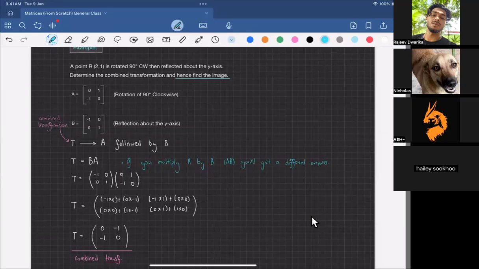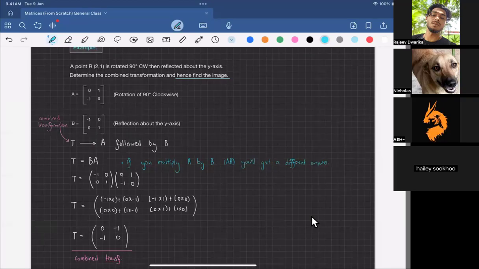Haley, if you're okay with this. Yeah, but I have a question. When you say A followed by B, you could kind of emphasize what you mean if it's B multiplied by A. All right. So